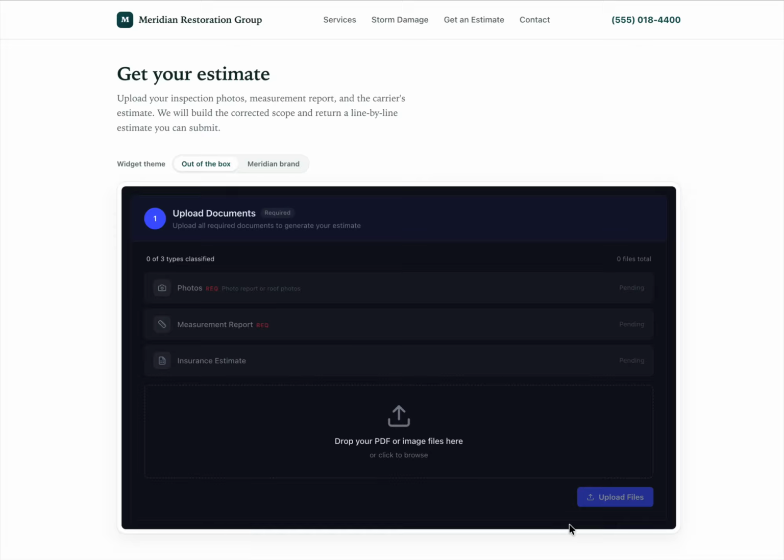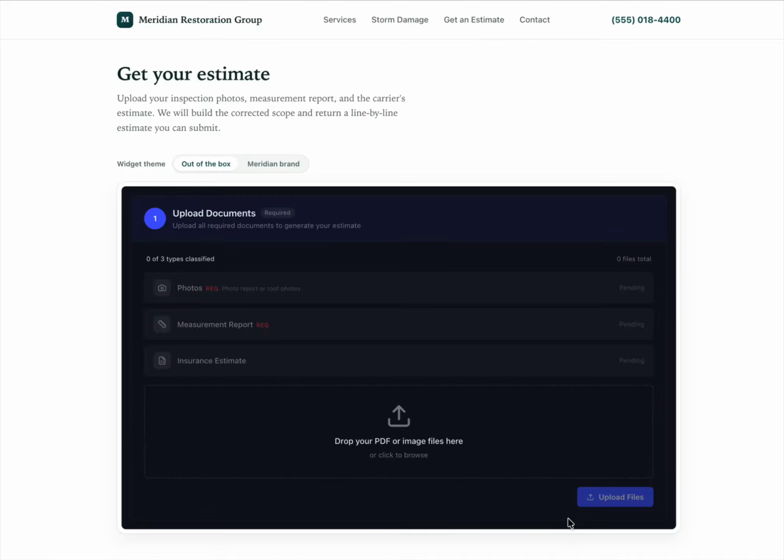This will allow you to go through the entire process for creating estimates, which goes from uploading documents, classifying them, adding scope notes, and then getting a report back, finalizing with pushing them to Xactimate if you prefer to. So I'm going to be showing you how we currently do the estimate process